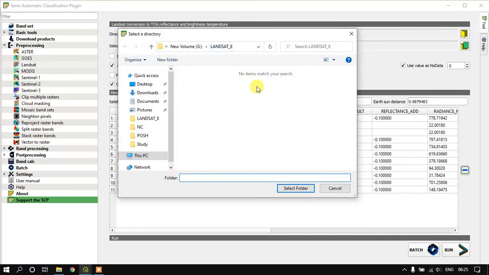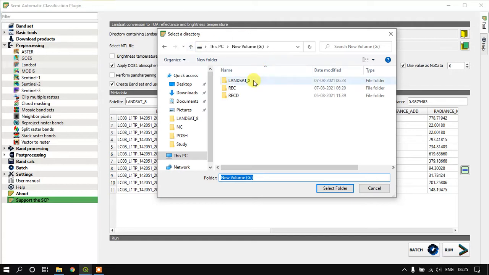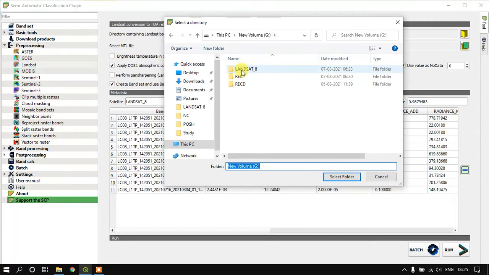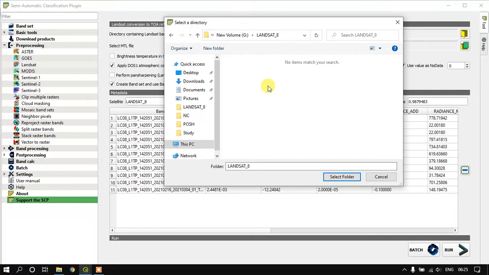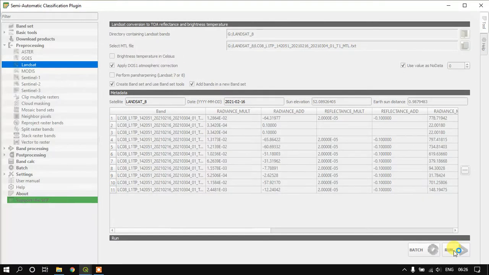Finally, we need to save the output bands after atmospheric correction. So I'm going to add another file folder. Now we just need to click on Run.